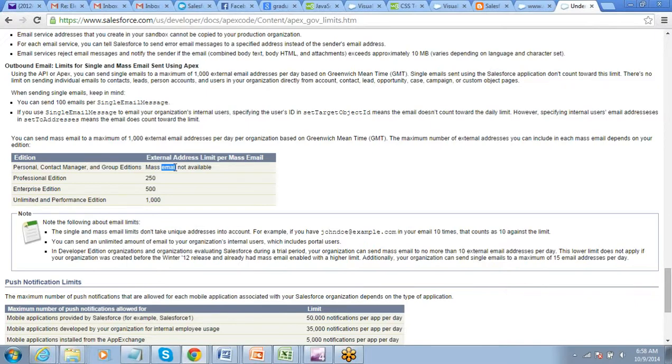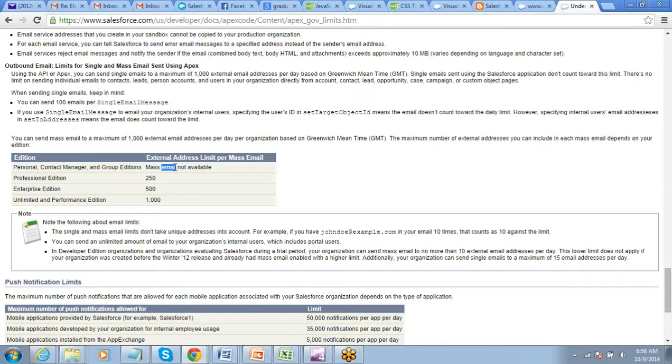This email limit is not only for Apex, the email limit is for our workflows as well. On the workflow we have an email alert option. There is a limit for workflow email alerts also. But there you have a little more emails available to be sent per day. For workflow, I think there is 1000 emails per user.